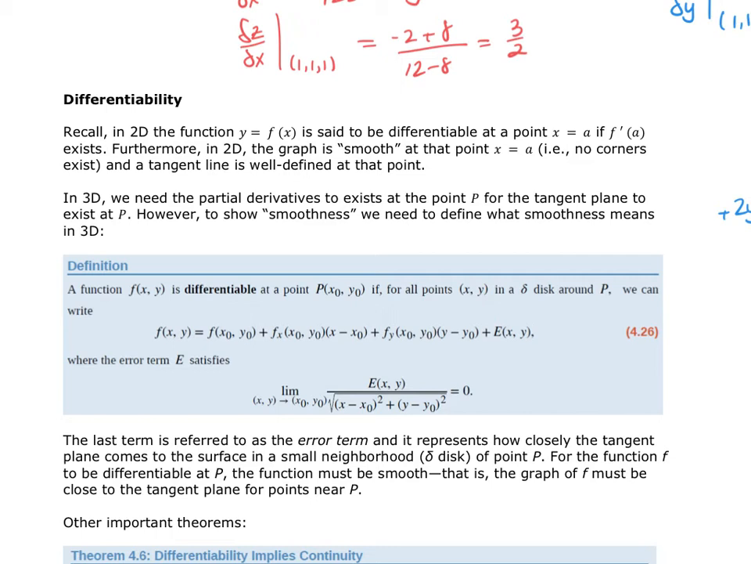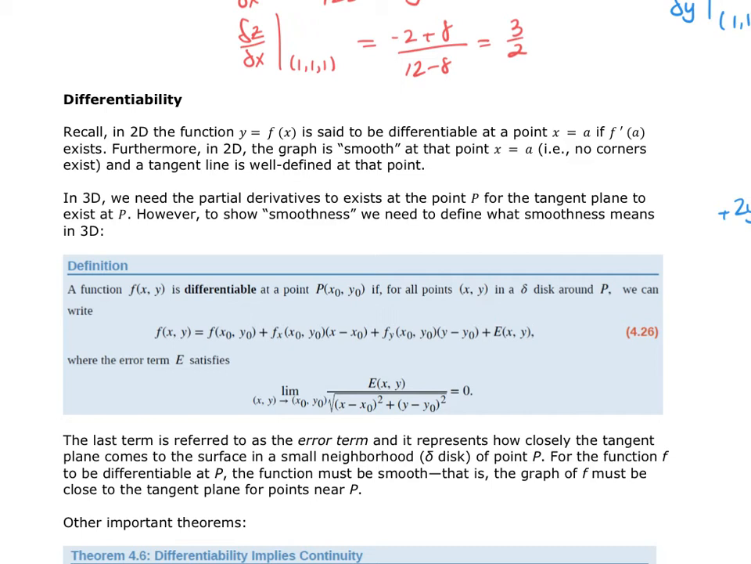In 3 dimensions, we need partial derivatives for this to exist at the point P, and the tangent plane to exist. To show smoothness, this is the most difficult to do. So let's give us some new vocabulary. The function f is differentiable at the point p naught, x naught, y naught if for all points x and y in a disk delta around p,